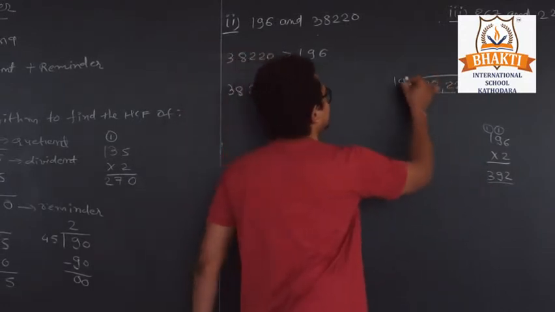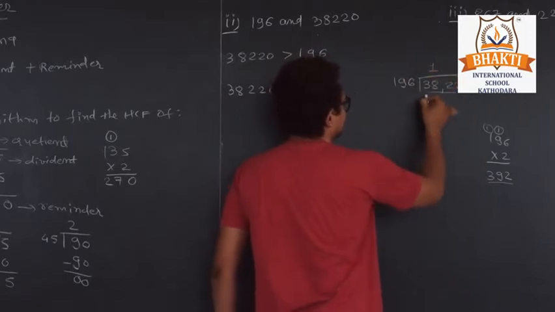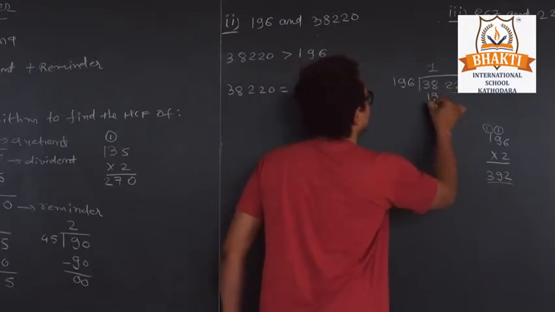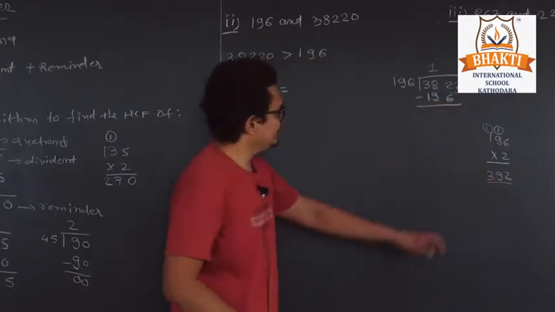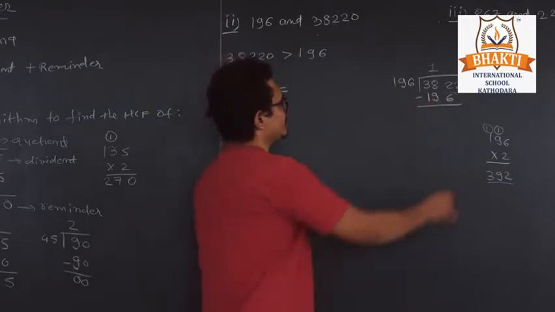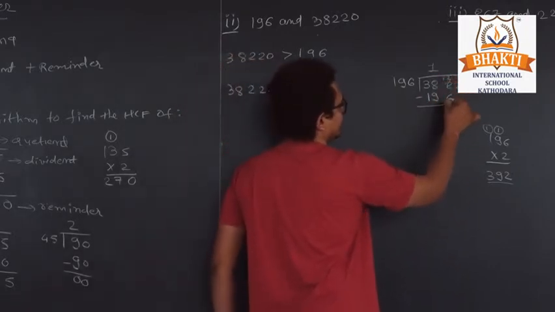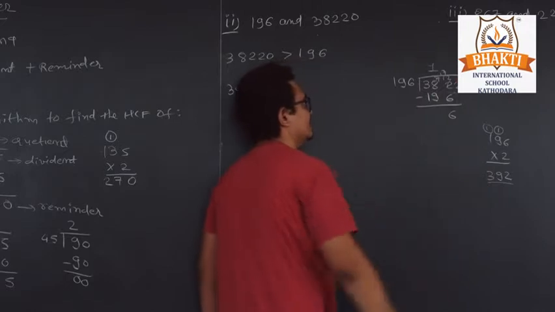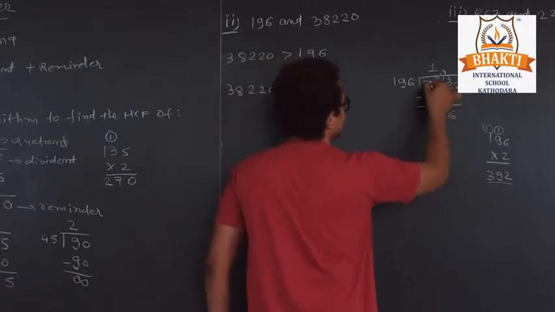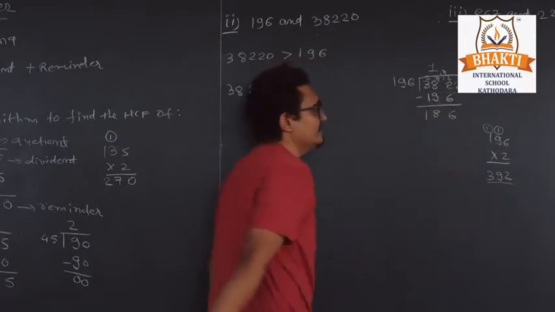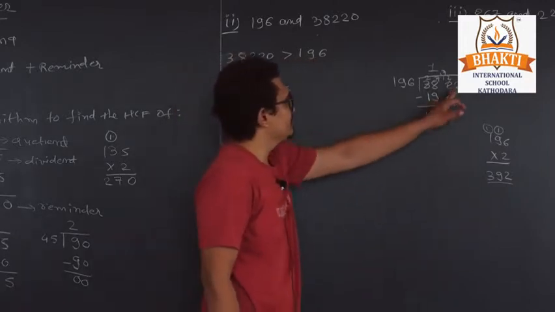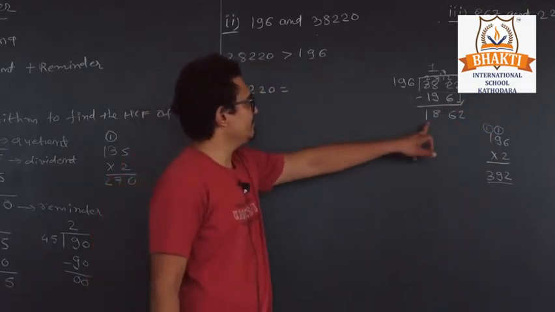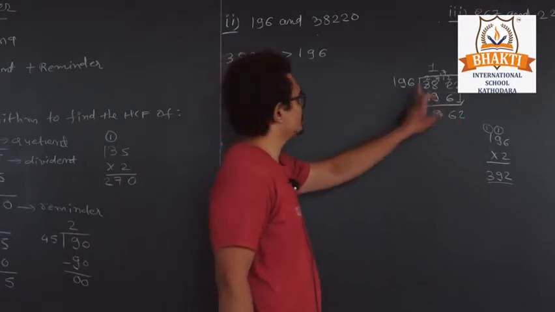So we start with 196 ones are 196. Here we can perform the subtraction. 2 minus 6, it will be 12, so 12 minus 6 is 6. Here we have a 7, so 17 minus 9 is 8. Now 2 minus 1 is 1. Now the next digit is 2, so here we have 1862.